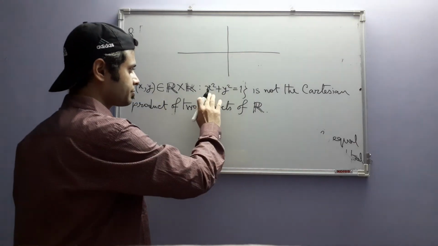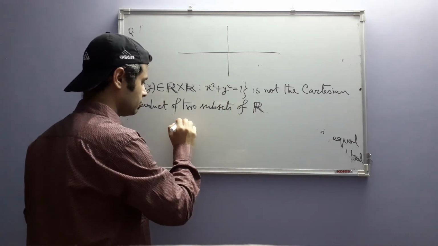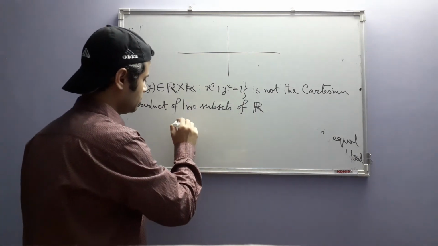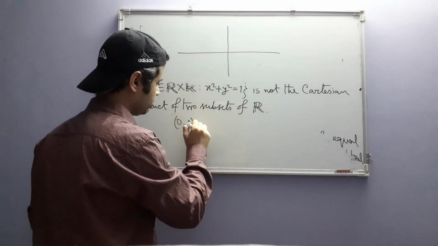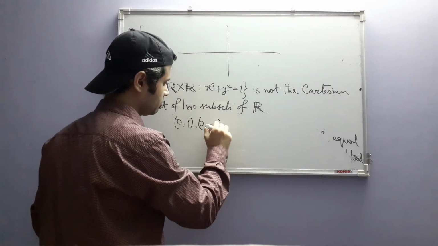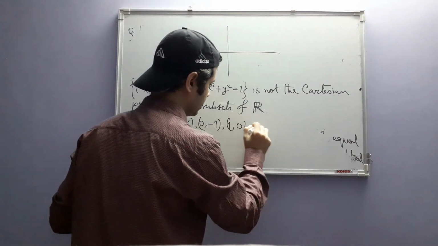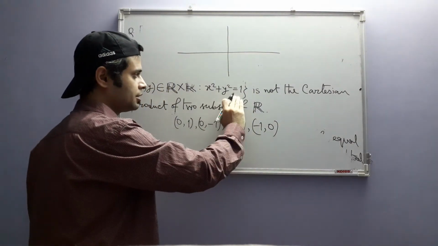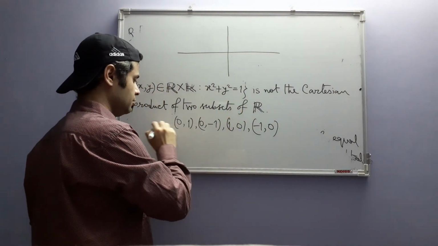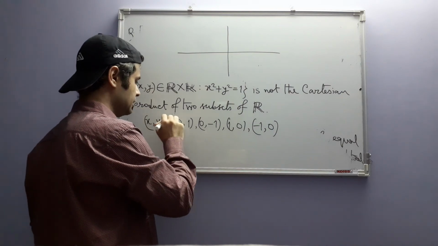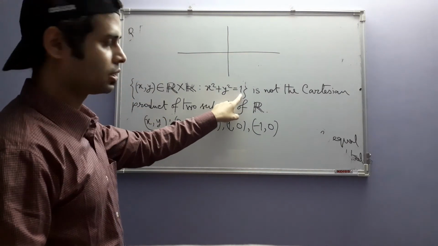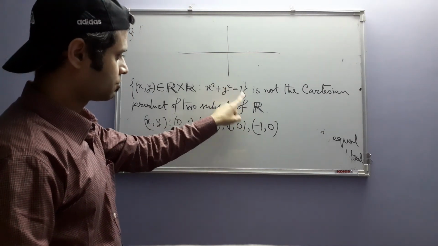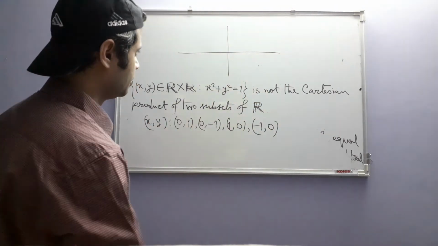For example, you already have 4 points which are very easy to determine: (0, 1), (0, -1), (1, 0), and (-1, 0). These points satisfy this equation if you take x to be the first coordinate and y to be the second coordinate. 0 square plus 1 square is 1. 0 square plus (-1) square is 1. 1 square plus 0 square is 1, and (-1) square plus 0 square is also 1. And these points